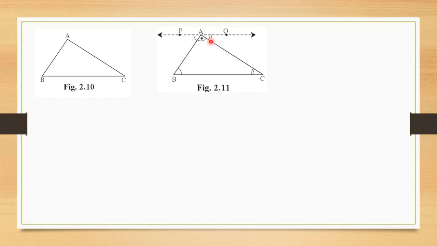Right? So now what are we going to do? This line PQ is parallel. Okay, we should always keep this in mind that we are going to draw a line PQ which is parallel to side BC of the triangle. Now, if PQ is parallel to BC, then these two lines, side AB and side AC, will act as transversals, because see, each cuts both these two parallel lines at two different points. Okay, so first we are going to just consider transversal AB. If I have to consider transversal AB, then I'll just block this side AC, so that there is no confusion and you will be able to see the figure very properly.